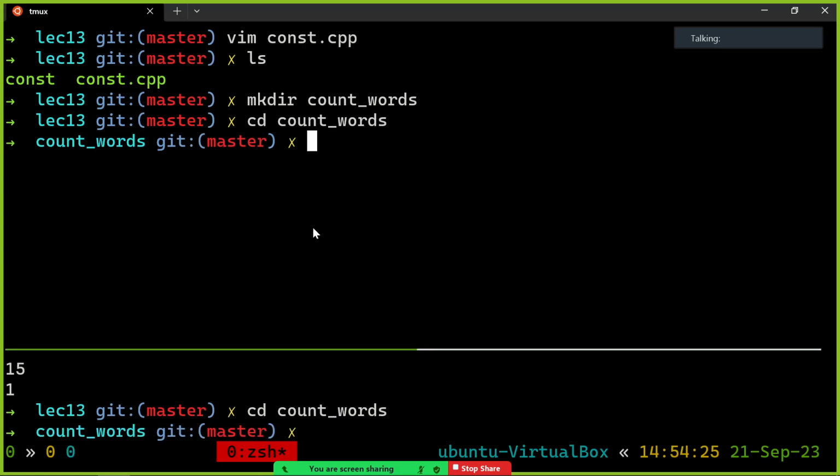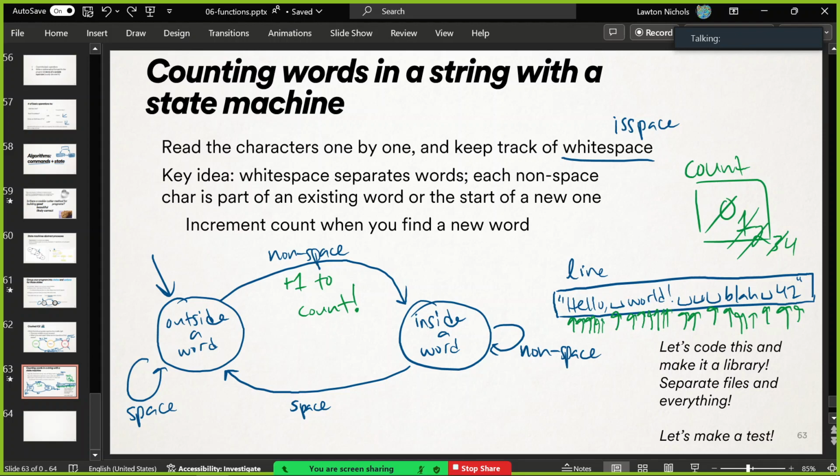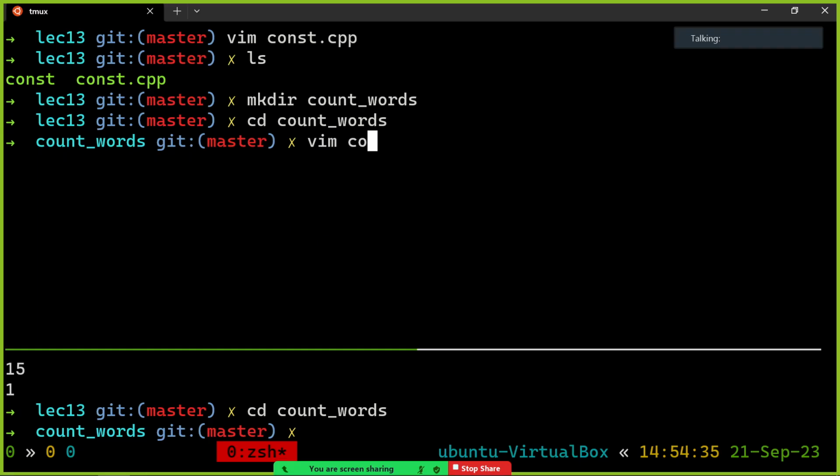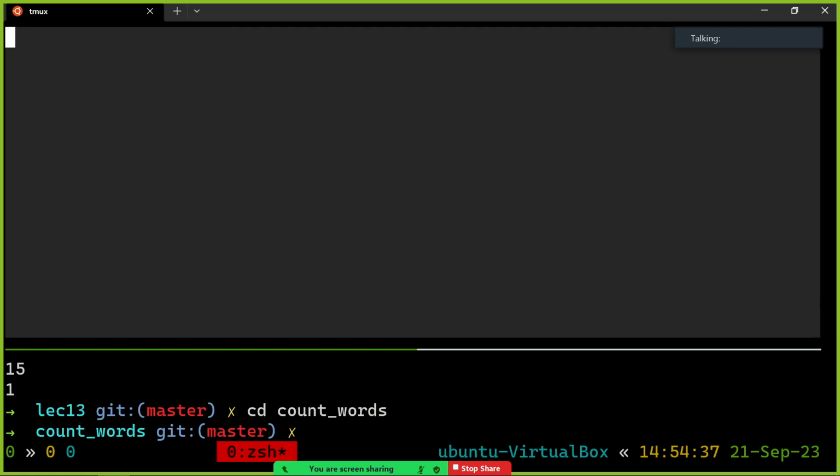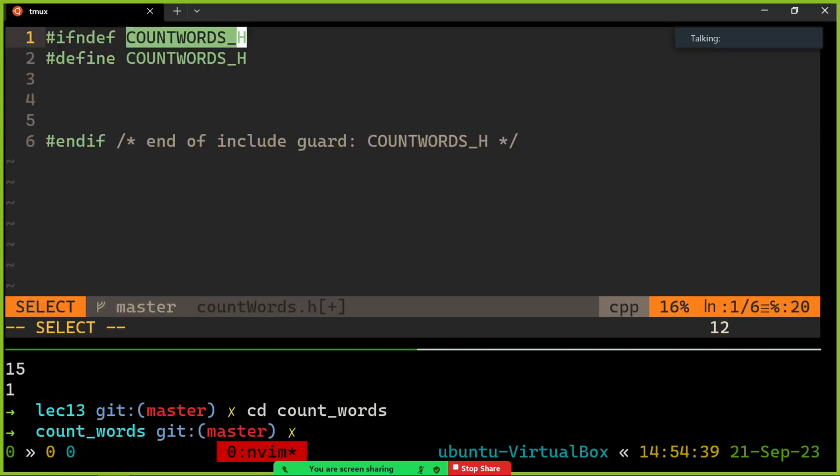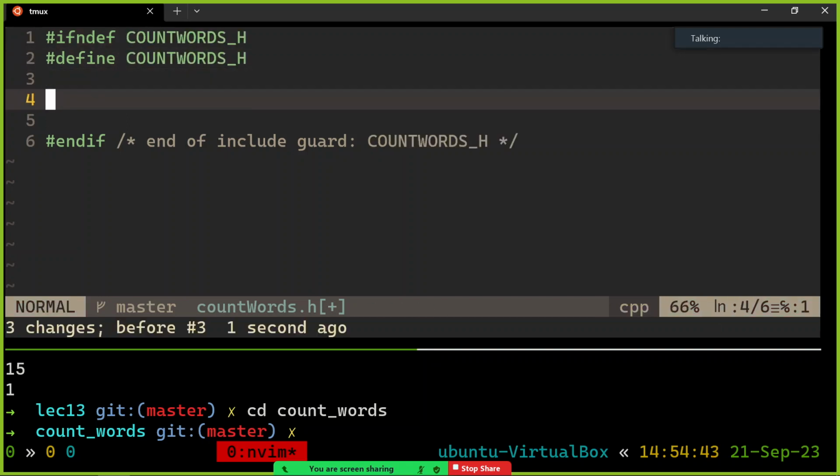And let's see. Let's make a header file first. What do I want to do? What's the function that I want in this library? So I'll call it countwords.h. Remember your header file guards to protect against infinite inclusion. Oops. And then we want to make our function like this. Let's have it be called count words. It takes a string